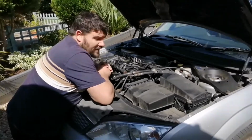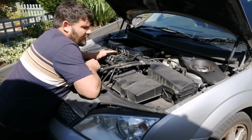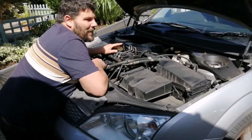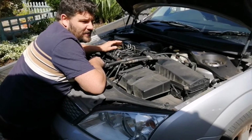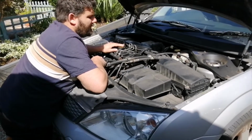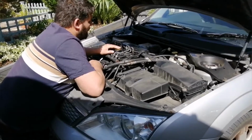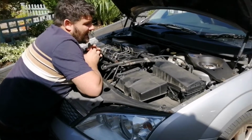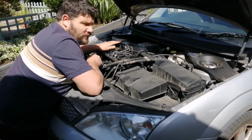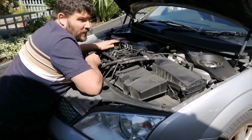Right folks, so as you can see, we're back on the old Ford Mondeo, and this is the same Mondeo that we did the injectors on, and I did receive quite a bit of stick about it, and a bit of flack about the amount of smoke it was emitting, and whether that was acceptable. So what we're going to do is rectify that today, and we're going to take the injectors all out. We're going to check them, do bleed offs, and basically check the engine numbers on them,